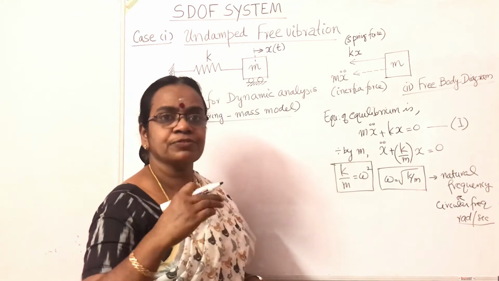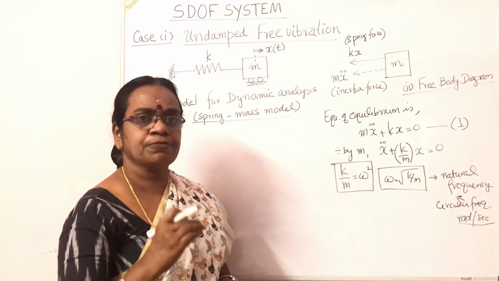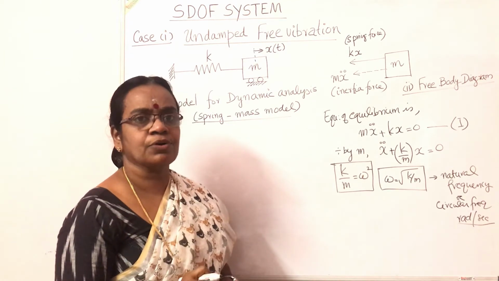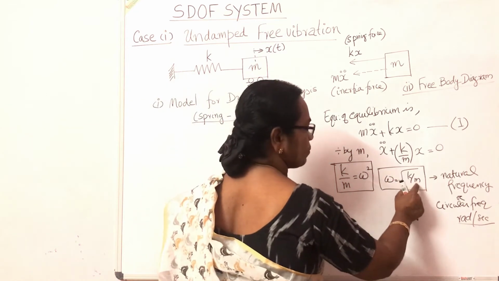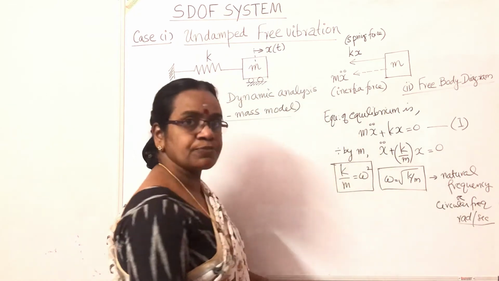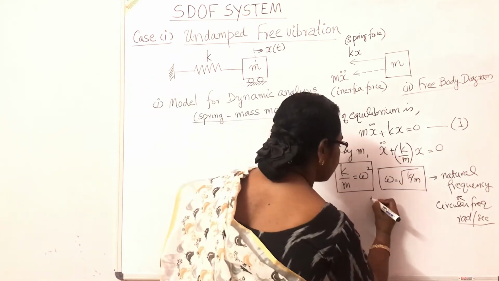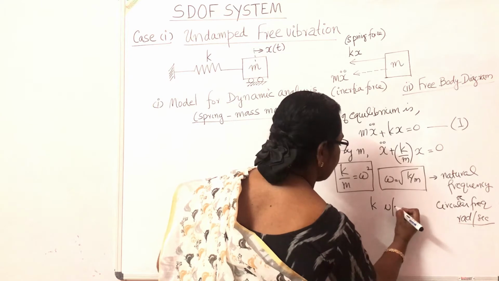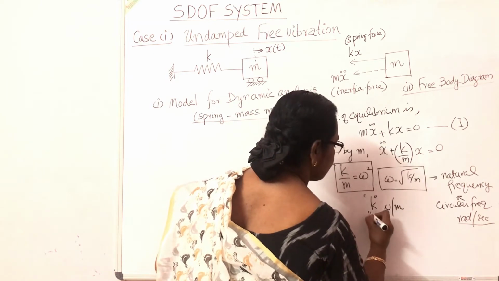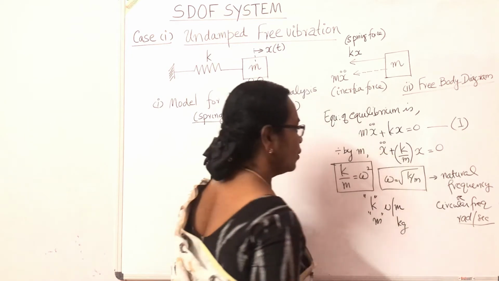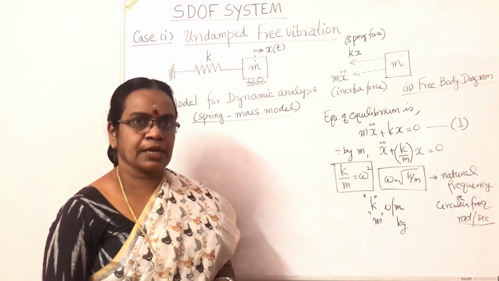Frequency is the number of times the vibration repeats itself in unit time. The number of repetitions in unit time is called the frequency of vibration, and the frequency of vibration omega, root of k by m, is called the natural frequency of the system. And here this is very important. The k, unit of stiffness, must be put in Newton per meter, and the mass should be substituted in kilogram, so that we get omega in radian per second.